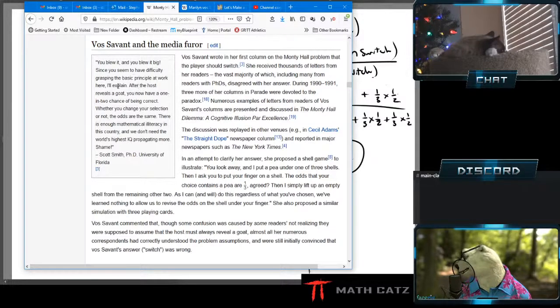Since you seem to have difficulty grasping the basic principle at work here, I'll explain. After the host reveals a goat, you now have a 1 in 2 chance of being correct. Whether you change your selection or not, the odds are the same. There is enough mathematical illiteracy in this country, and we don't need the world's highest IQ propagating more. Shame." Because our intuition